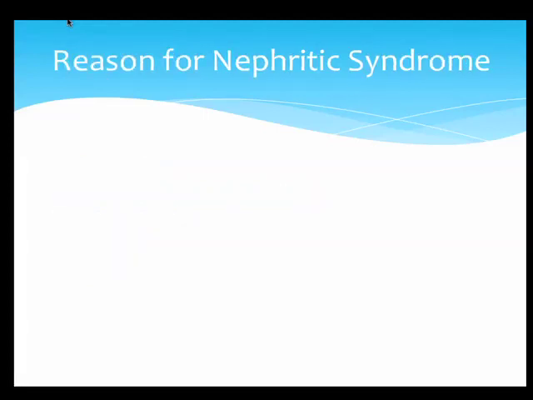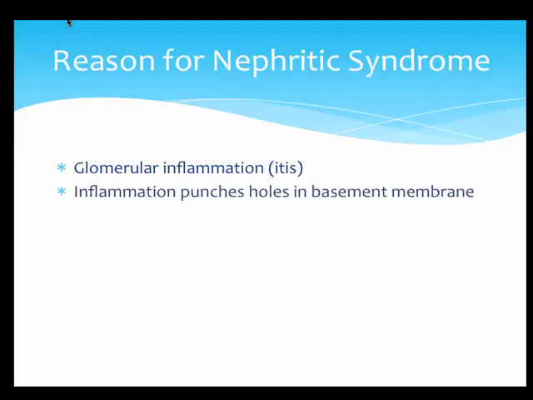So why do patients get nephritic syndrome? Well, they have glomerular inflammation with neutrophils and some mononuclear cells in their glomerular capillary lumens producing an inflammatory process. Therefore, this is an itis, meaning that there is an inflammation going on. The inflammation actually punches holes in the glomerular basement membrane, which allows red blood cells to escape through these holes